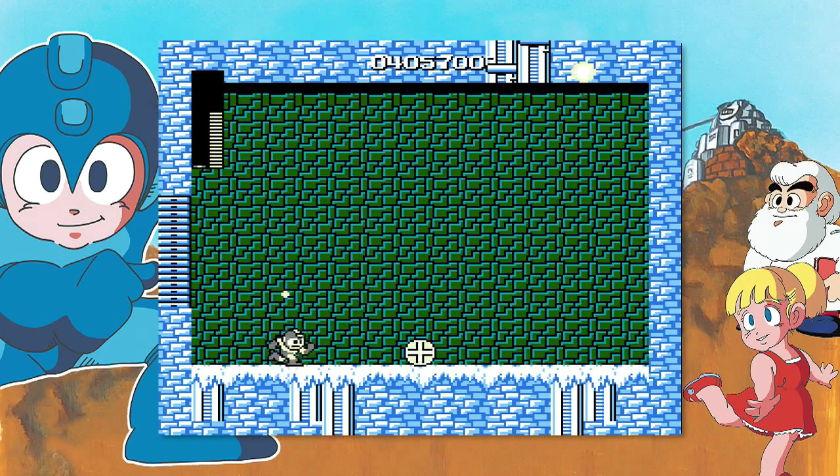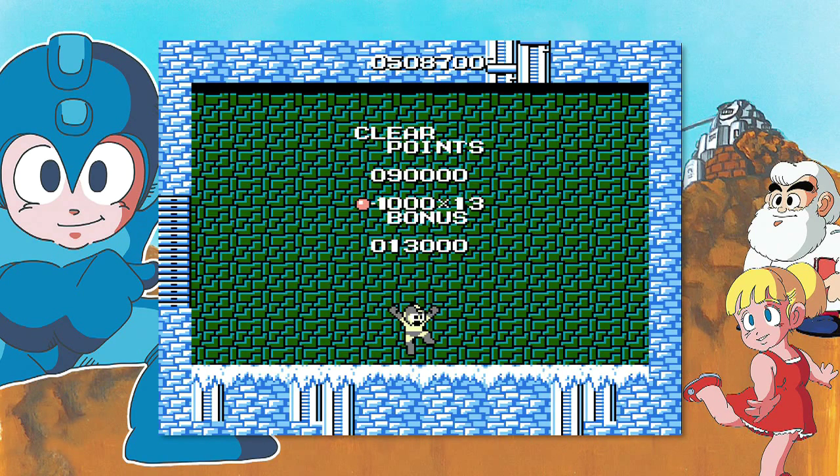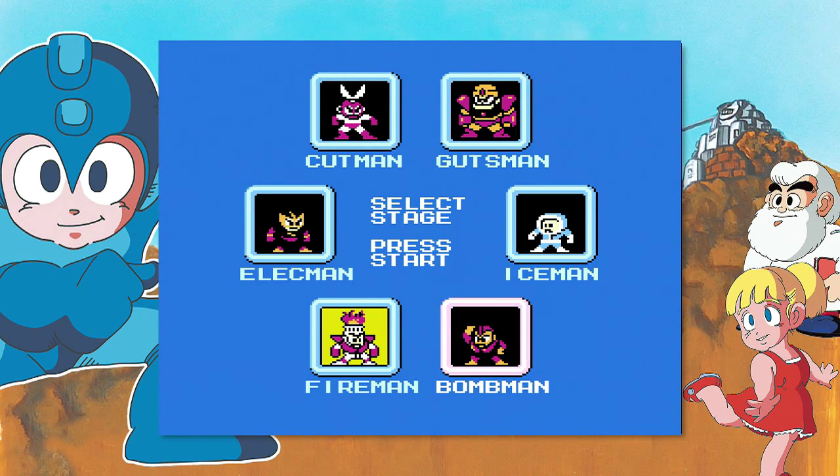Let's see. I'm not sure what the weapon's called. It's like Ice Blade? No, not Ice Blade. Whatever it is, he's pretty simple. What I recommend you do if you don't have his weakness is go to the very left and time your jumps when the icicles come, and